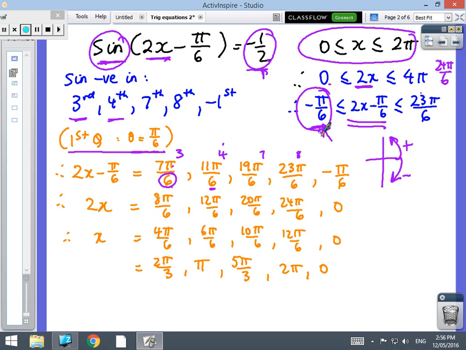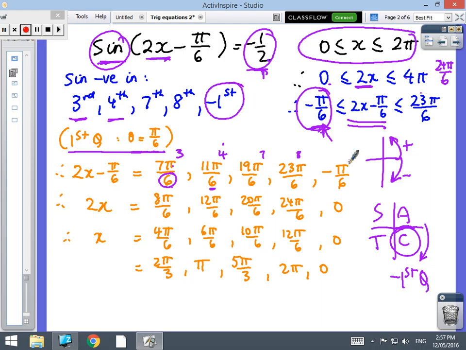So we've still got our all stations to central. So this quadrant here is called the negative first quadrant. That's why I put the negative first there, and the answer would be just minus pi on 6. Okay, so next step is